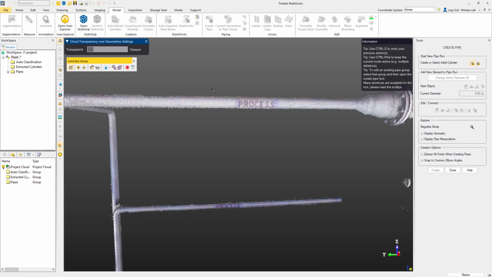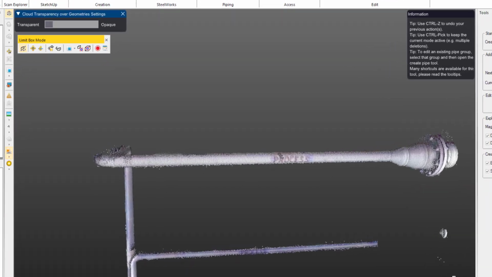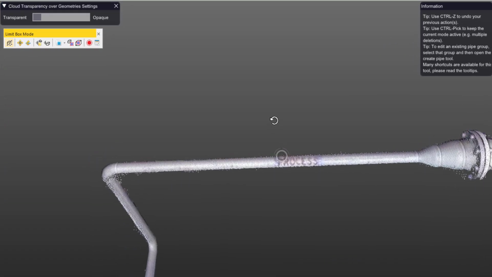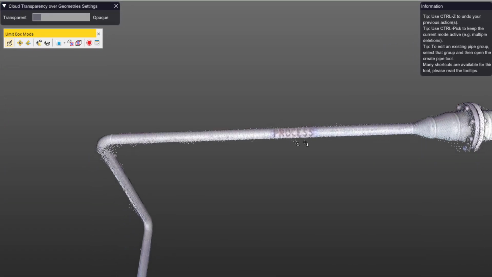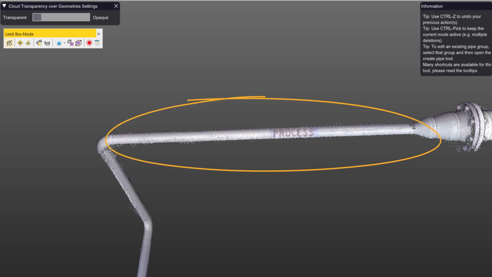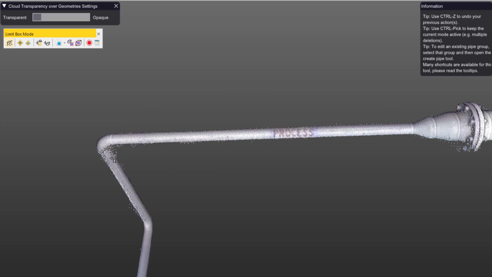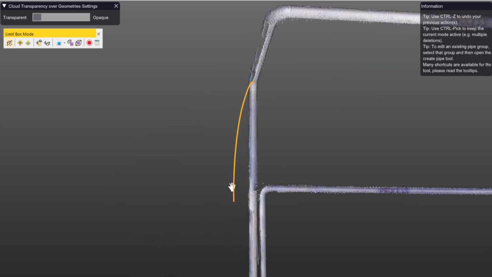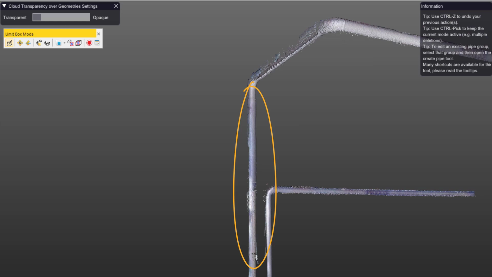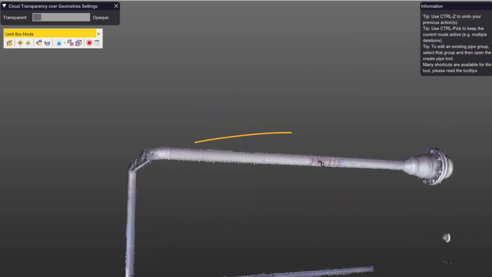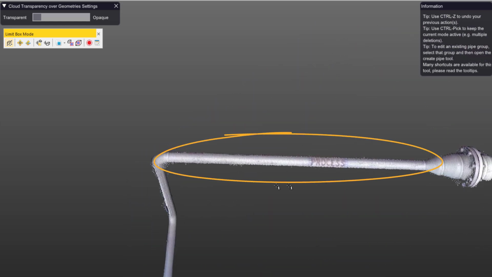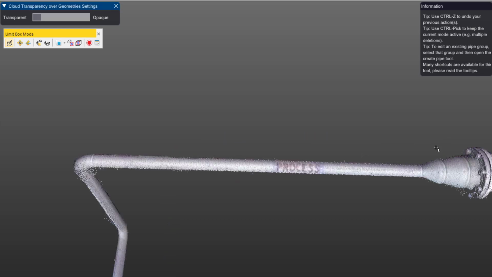When creating pipe runs, it is important to keep in mind that we can only do one axis and straight section at a time. For instance, we have a straight section running through the x-axis followed by an elbow. Then we have a straight section in the y-axis followed by another elbow. Finally, the last section runs through the z-axis. So to start, we're going to work with the first straight section in the x-axis and then build out the run from there. Let's see what this looks like.